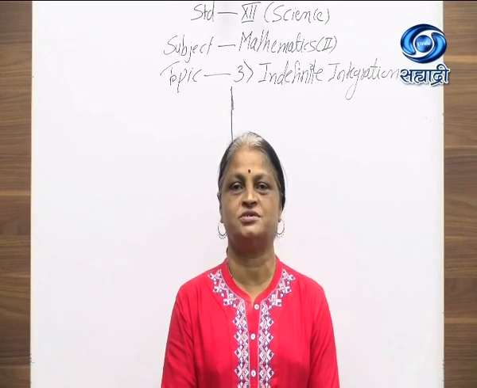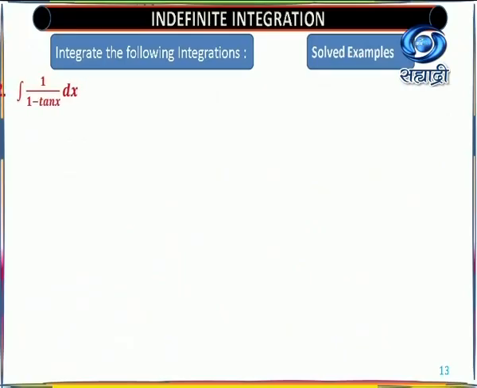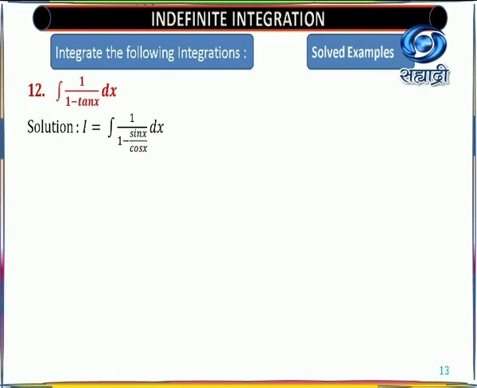For that, we'll move towards the PPT. One more example based on this substitution method, that is integral 1 upon 1 minus tan x dx. Now look at here. This tan x is a trigonometric function, but tan x depends upon sin and cos. That means it is from the sin and cos function. So we'll write it in those basic trigonometric functions.